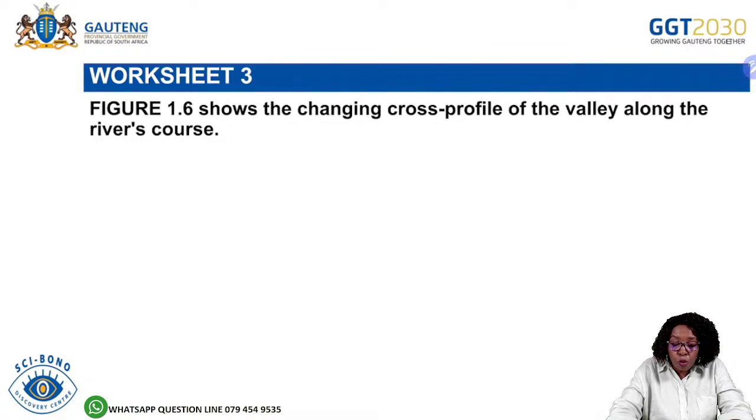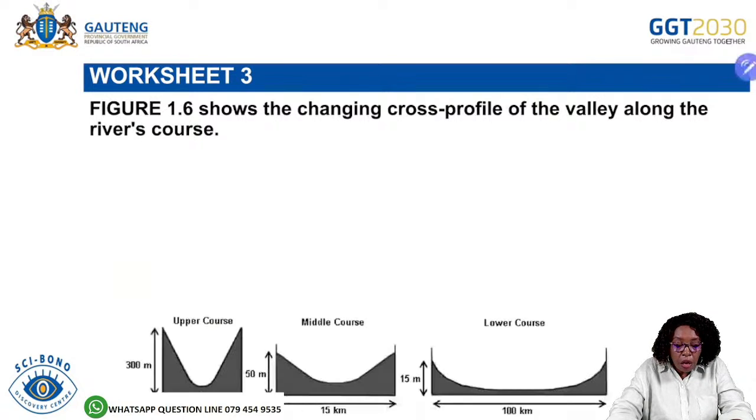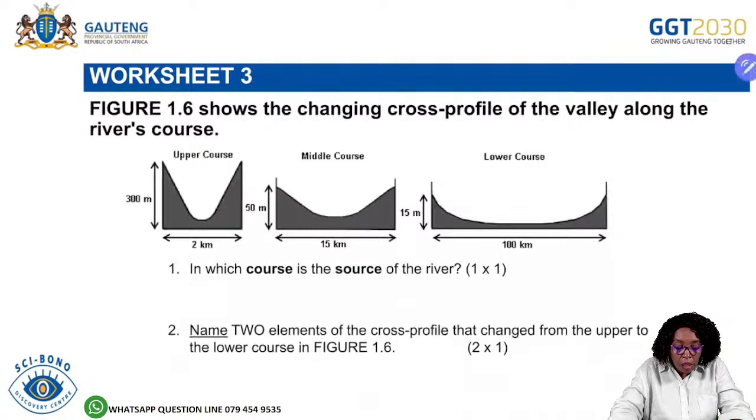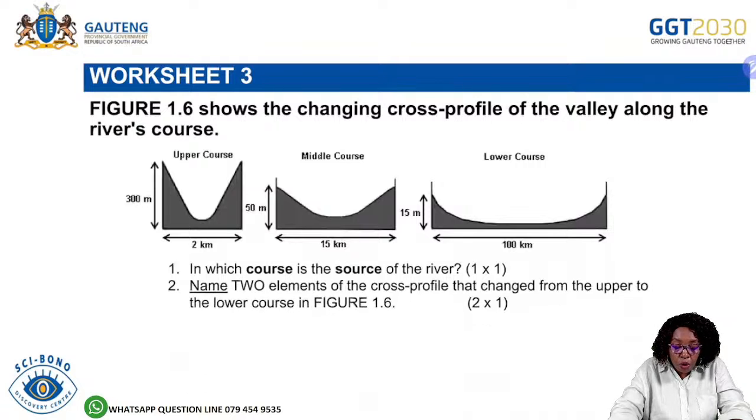Boys and girls, we've got this worksheet that I want you to work on. Figure 1.6 shows the changing cross profile of the river along the river course. So as you can see, there's the upper course, the middle course, and the lower course, right? Here's your question. In which course is the source of the river? And then the second question, name two elements of the cross profile that changed from the upper to the lower